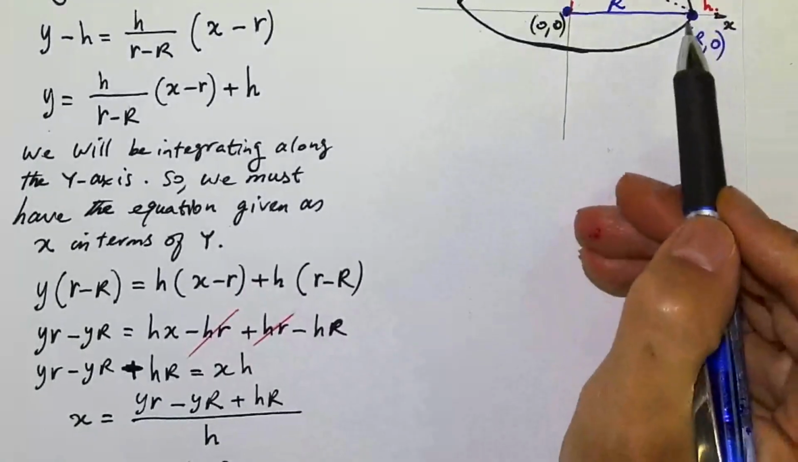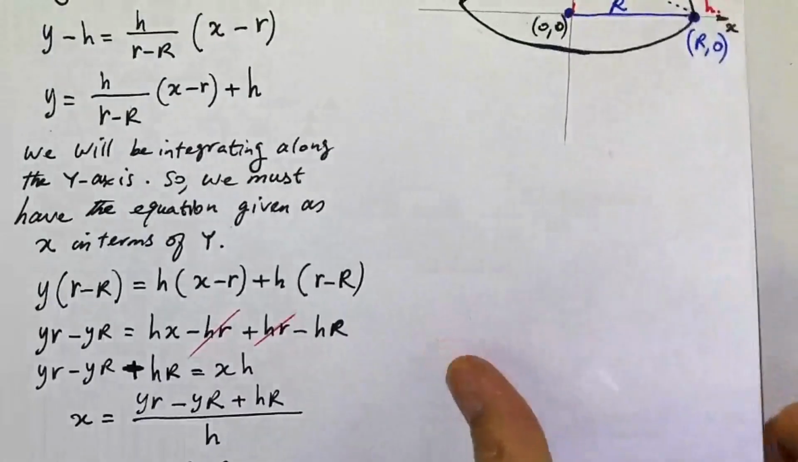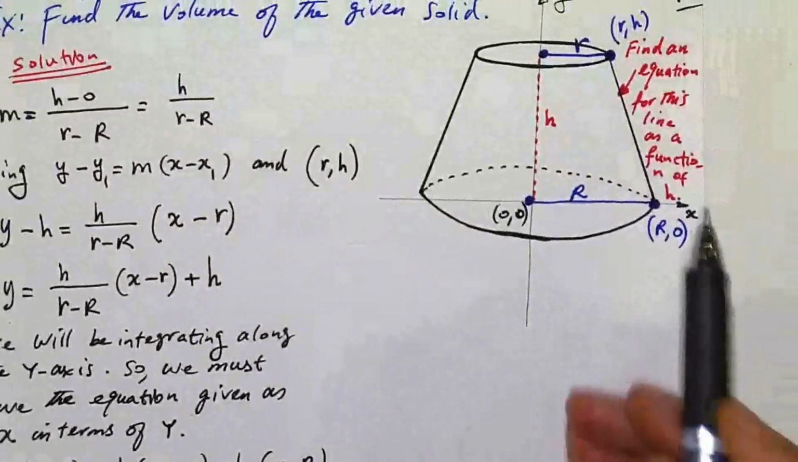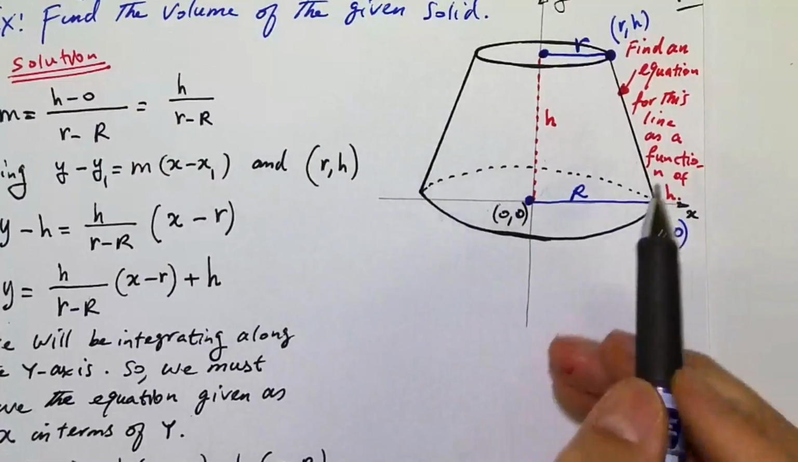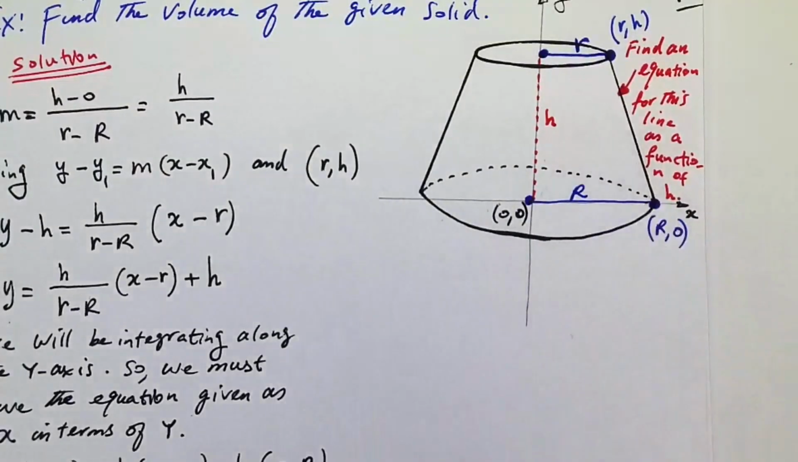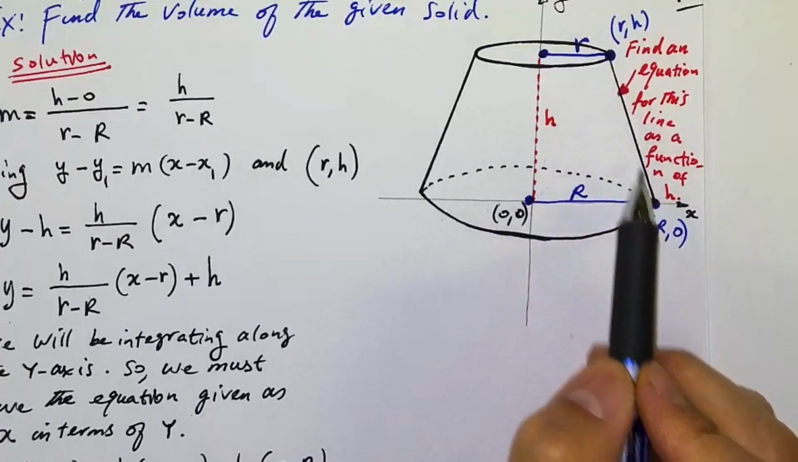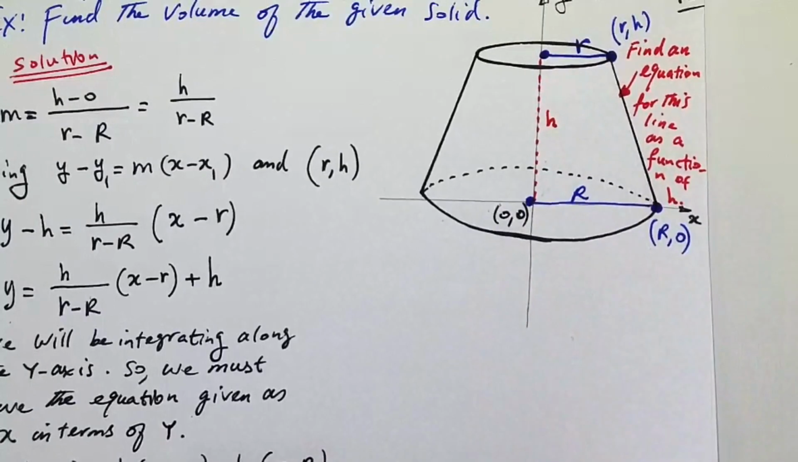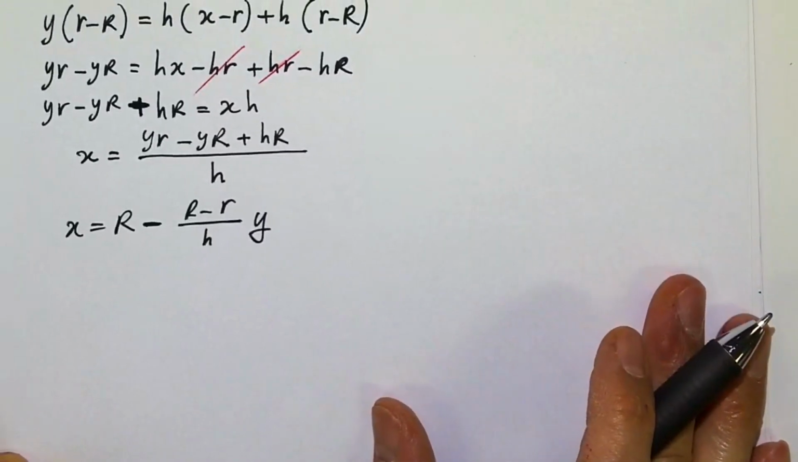The equation that is tracing the edge of each disk, each incremental disk with thickness dy, is going to be traced using the equation we just found for this line, x in terms of y. Okay, so then,